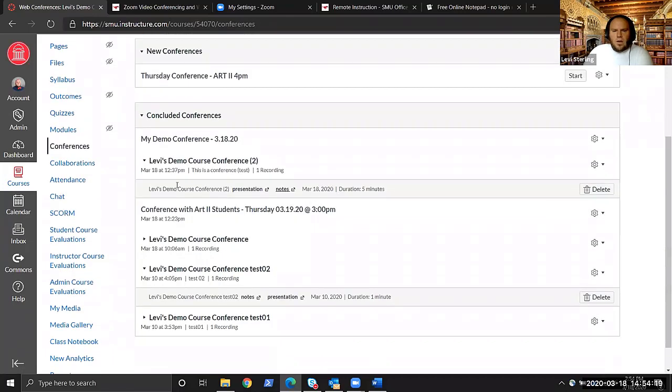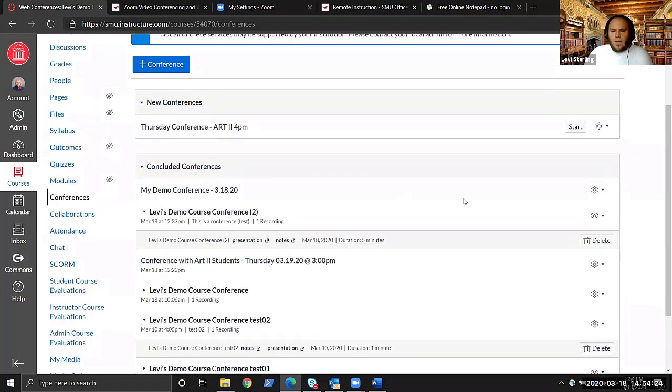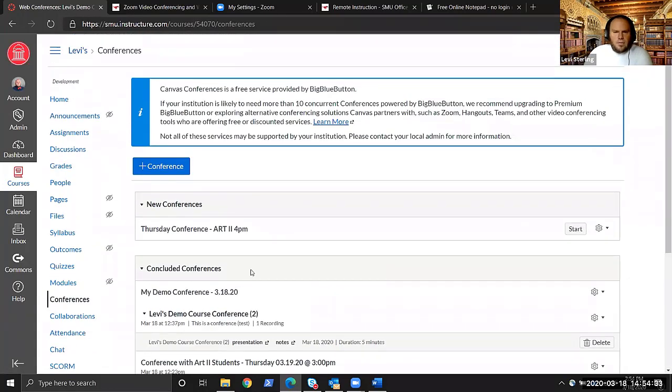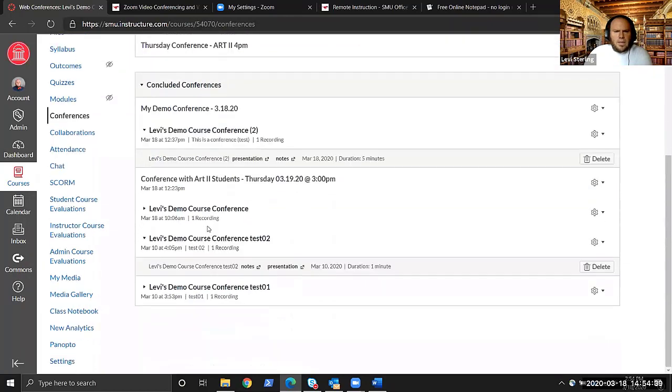So once these conferences are in here, they are available to the students. They can go back, they can view past records. You can go through and you can delete. Now, I believe it stores 14 days of conferences. After that point, it doesn't store conferences in the cloud, because it has to have a limit on how many it can store. There are ways to store conferences that you can export the video if necessary, but honestly,